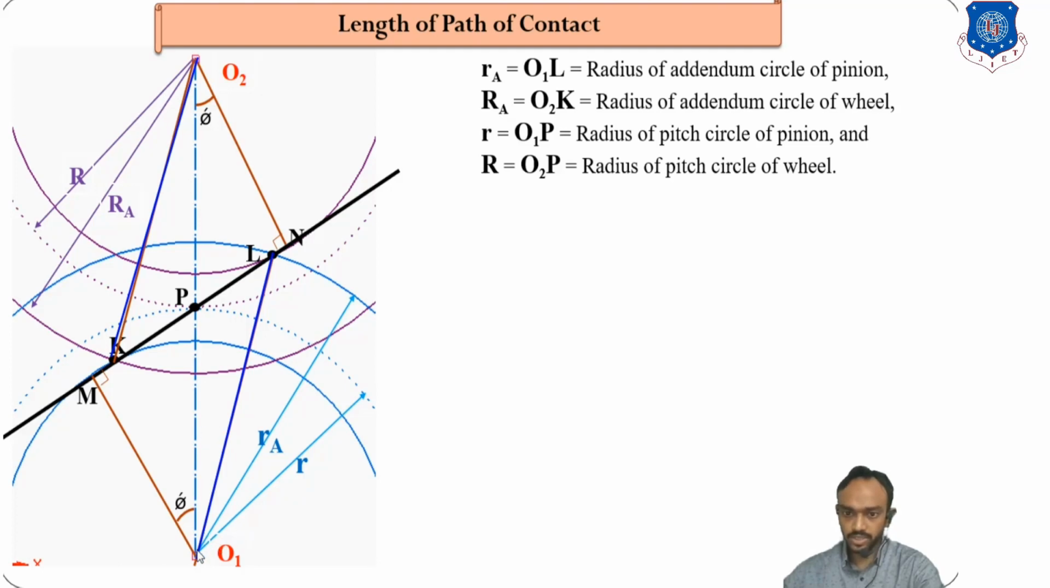Same as you can see, O1P is the pitch circle radius of gear 1, and O2P is also a pitch radius. You can see here it is the pitch radius. Okay, so up to this point, these are the four relations you have derived, and after that